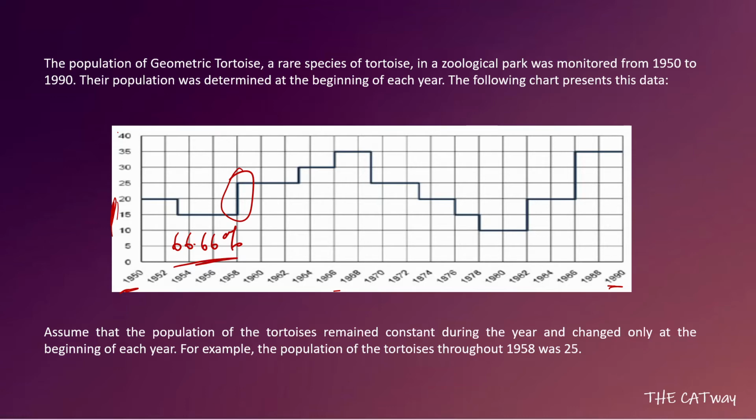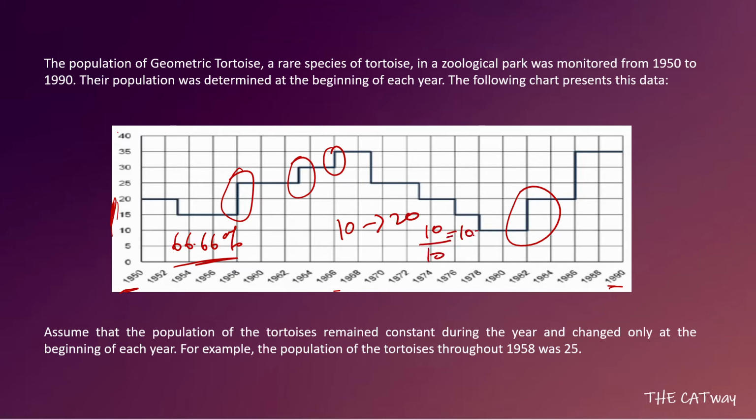After that, an increase happened over here where the increase was of 5 over 25, that is 20%. We are not going to count this because it is less than 66.66. Next increase happened over here, increase of 5 over 30, 16.66%. We are not going to count this one. Next increase happened over here where it increased from 10 to 20. So 10 to 20 means an increase of 10 over 10.